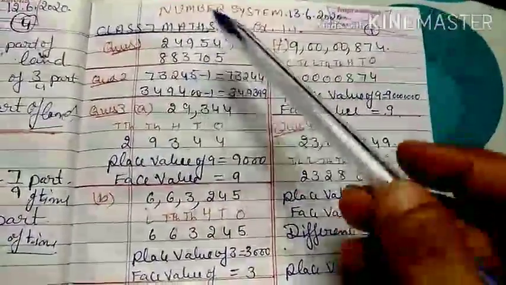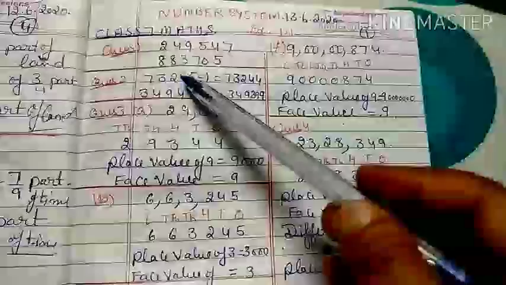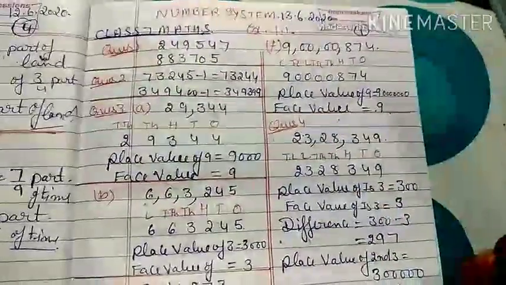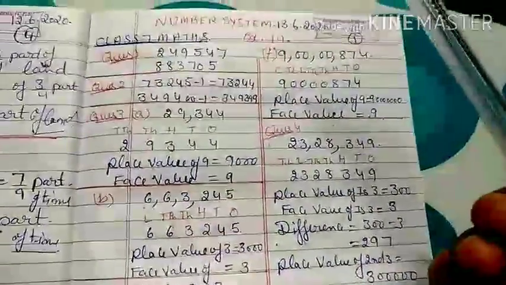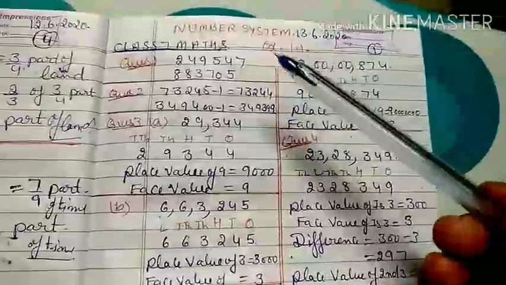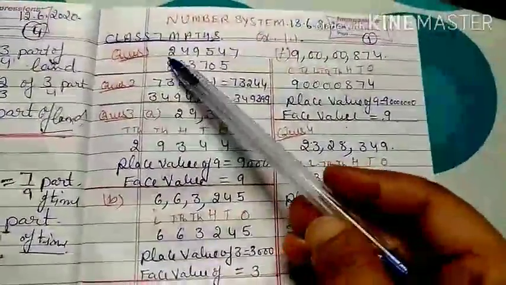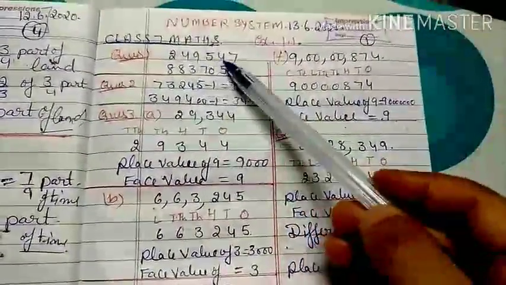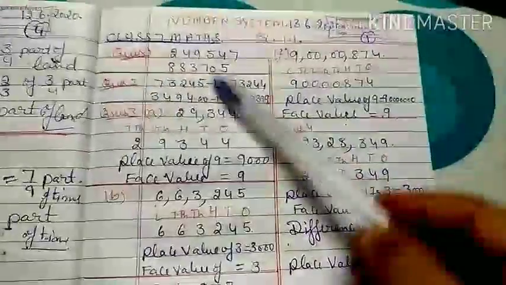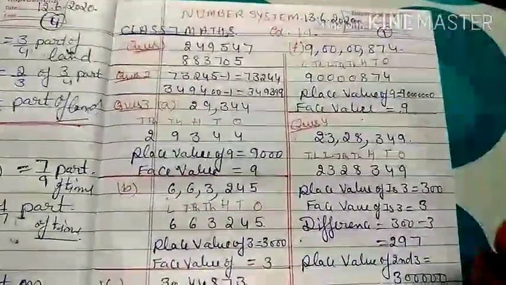Here in your first question, you have the number 24956. You have to find the successor. Successor means next number. You have to add 1 in this. That gives you 24957. Next number, see, successor of